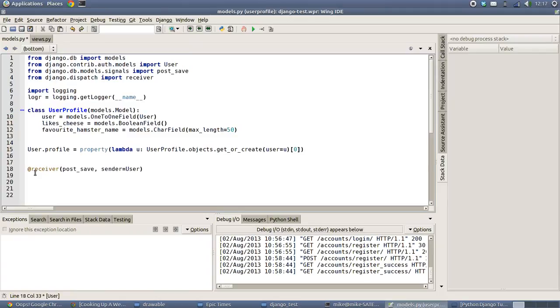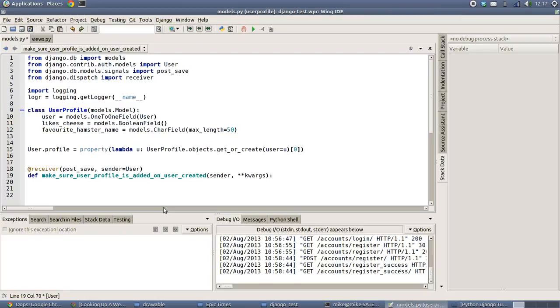So what we do, as with all decorators, you start with the @ symbol, then we're going to say this is a receiver for the post save event, and the sender of this event is a user. So the user object will have been saved, it will send a post save message through the system, and we want to hook onto this to wait or to watch or receive any of these post save messages in the system. And what we're going to do is we're going to link that to a function